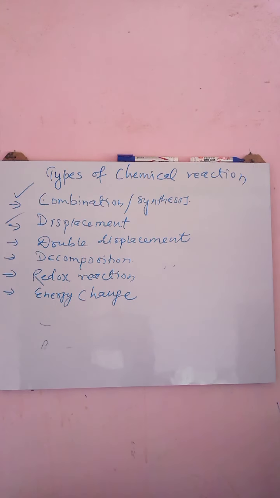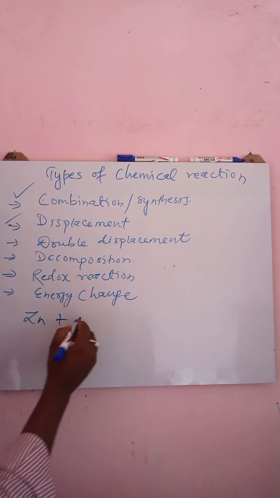Displacement reaction. When a highly reactive metal displaces a less reactive metal on the basis of the metal reactivity series, such kind of chemical reaction is known as displacement reaction. So on the basis of the metal reactivity series, a highly reactive element displaces a less reactive element from their aqueous solution, such kind of reaction is known as displacement reaction. For example,